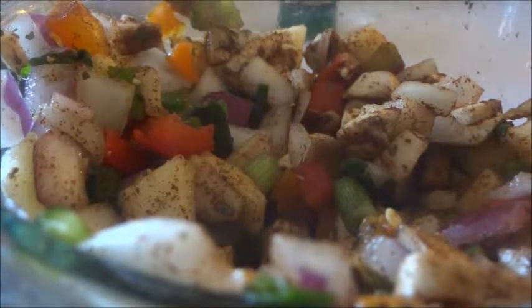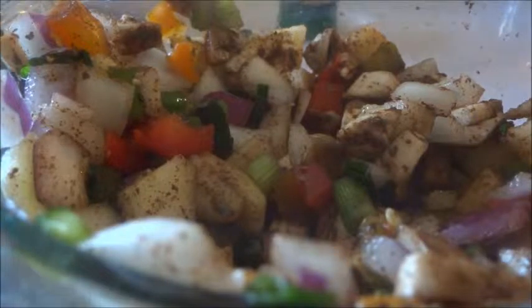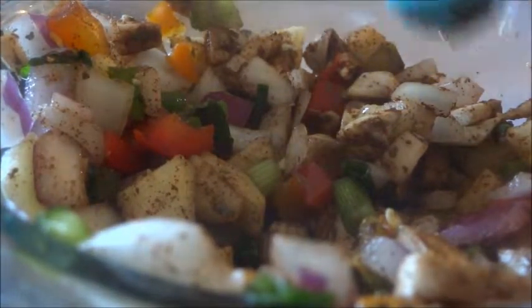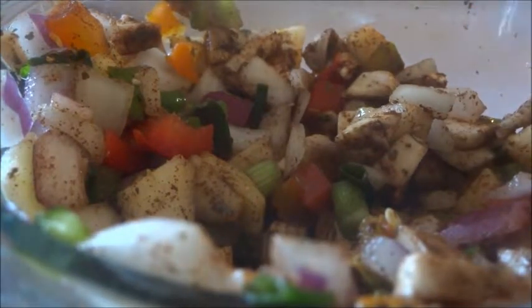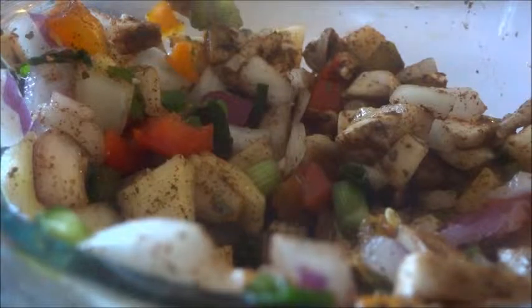So what I'm going to do now is I'm going to add in 2 teaspoons of olive oil and 2 teaspoons of lemon juice. And then I'm going to mix that up as well. And this will be what we'll be putting inside of the pork,